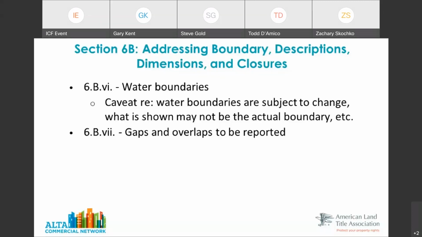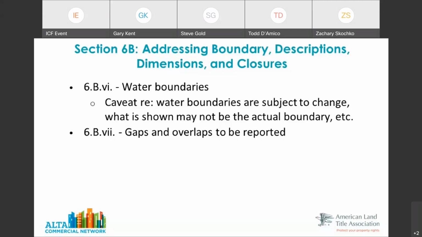And in 6B6, there is a requirement that there be a caveat written as a note on the survey that is really not meant to educate people, but to make them aware that, number one, water boundaries are subject to change, either through erosion, accretion, reliction, and what we're showing may or may not be the actual boundary.